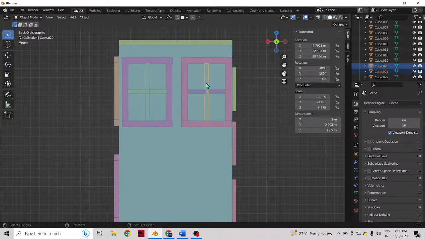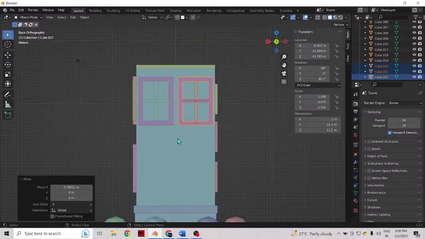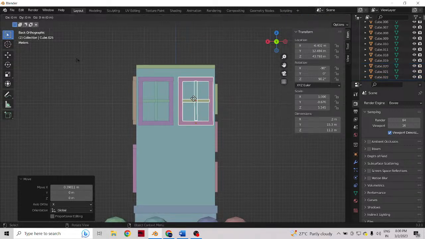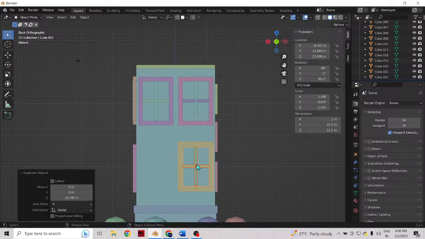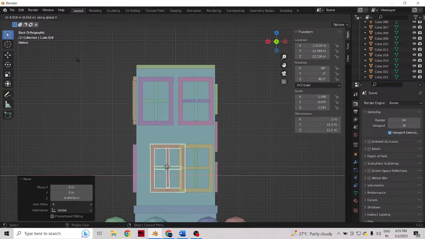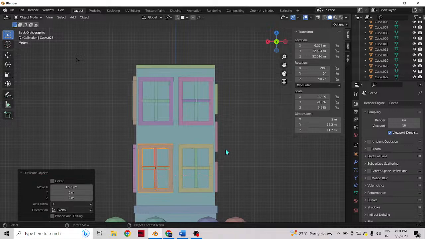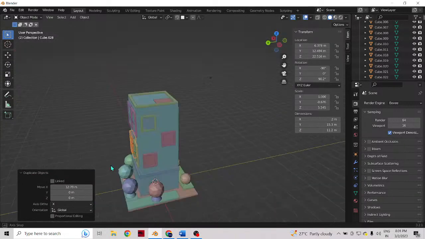And again I'm going to select this window, grab it on the X axis and place it here. Okay, so now again Shift D, Z and place the window here. Then let me also move it a little bit down. Yes, Shift D, then X axis, move it and leave it here. Okay, so I have duplicated the